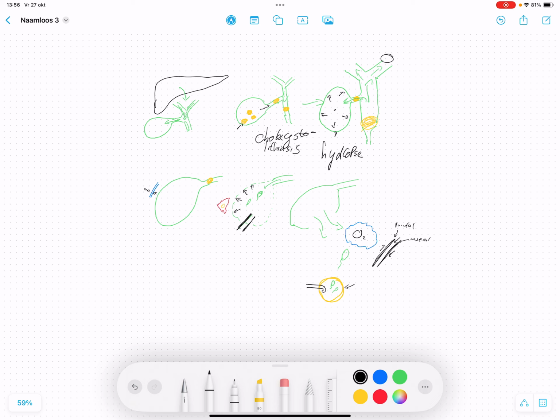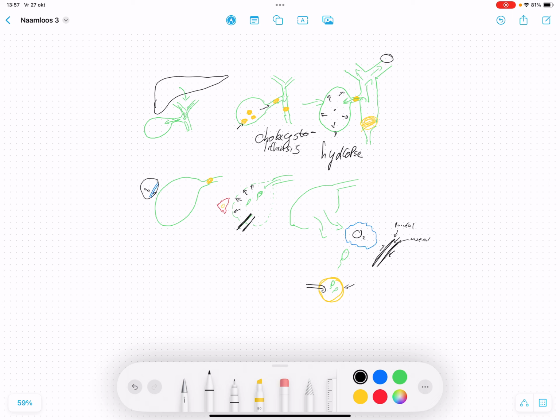This increase in pressure will lead to increased pressure on the gallbladder wall, which will compress vessels, which will lead to ischemia, which will lead to inflammation, which will lead to a more vulnerable gallbladder wall, which will lead to opportunistic infections, which further contributes to the vulnerability of the gallbladder wall, which will lead to perforation,